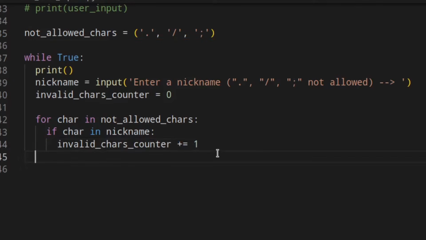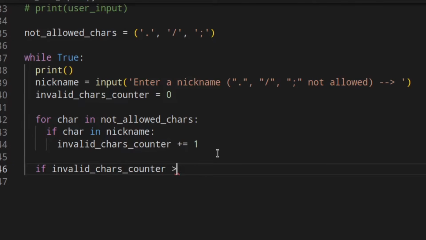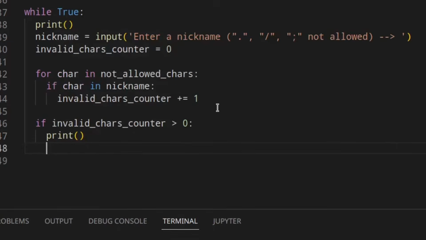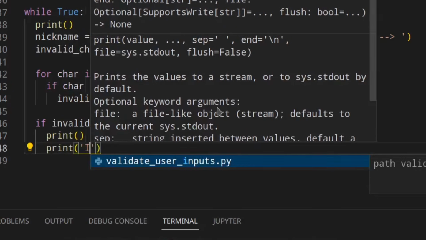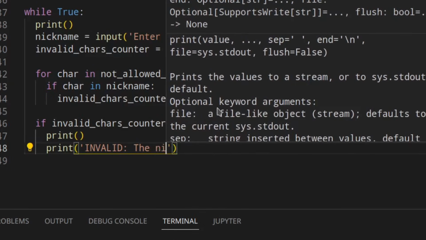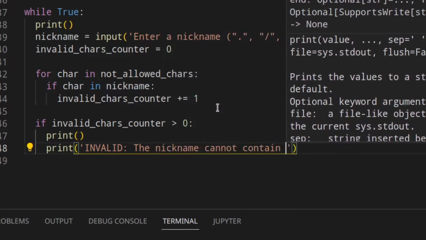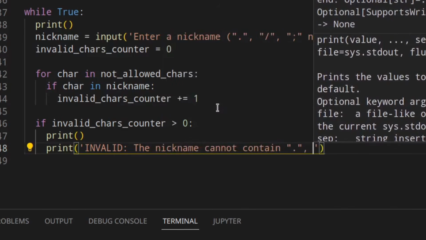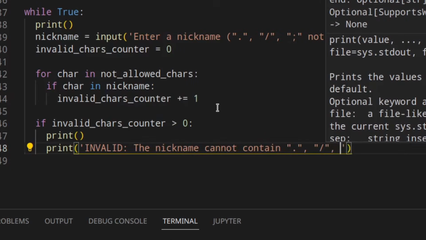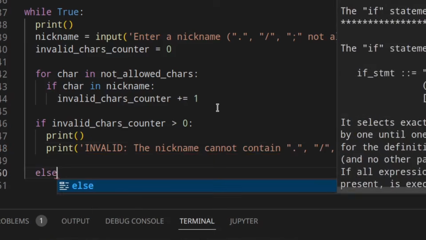Then after the loop we do something like, if invalid characters counter is greater than 0, which means that we've encountered an invalid character, we print something to the user: invalid. The nickname cannot contain dot, slash, semicolon. Else we break.